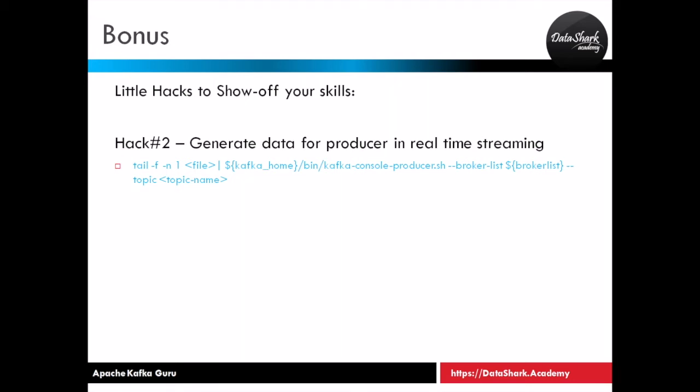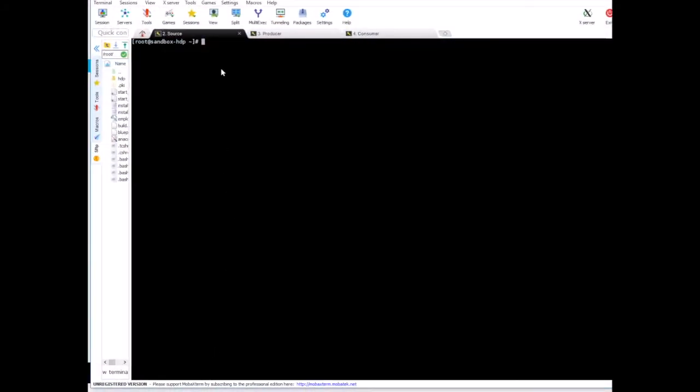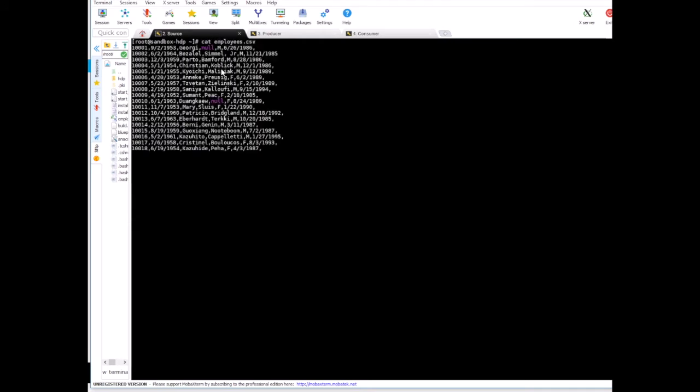Let me bring the terminal up. So I have a file called employees and it has 20 records. And in the previous lesson we already published it using the producer and also consumed it. So what I'm going to do now is start the same consumer again, in a different window. So my consumer will be Kafka